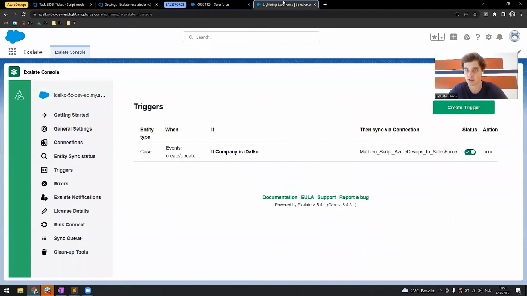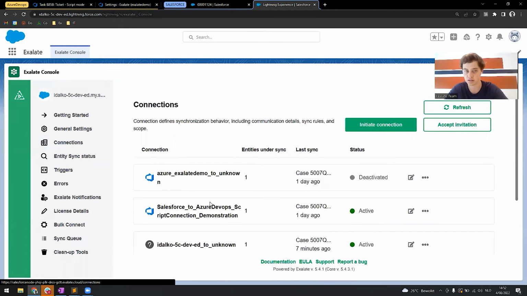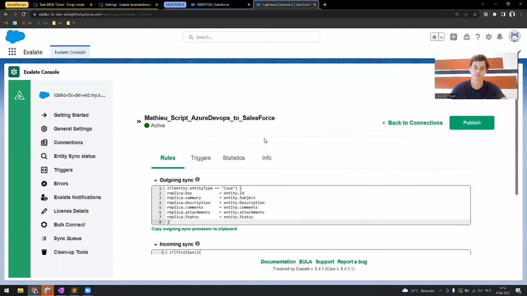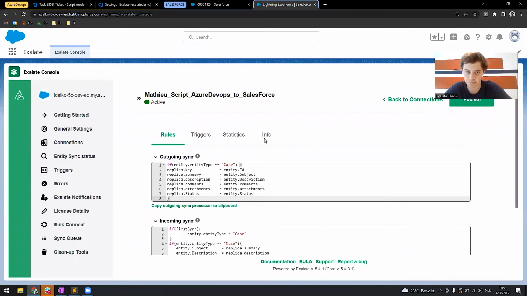So I go to Salesforce, I go to my control panel, I go to my connections. Now, the connection that we just made, here I have an option called edit connection. I will spend some moments explaining what is basically happening here. Here we decide what information we send over to the other side and how we assign the information that we receive from the other side. So the outgoing sync means what information we send to the other side. On Salesforce, because we are on Salesforce right now, first we check if it's a case. If it's a case, then